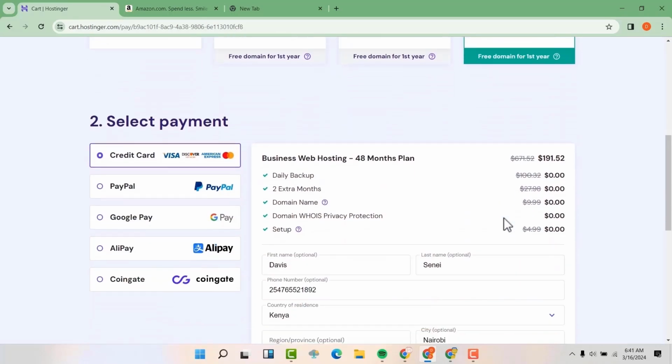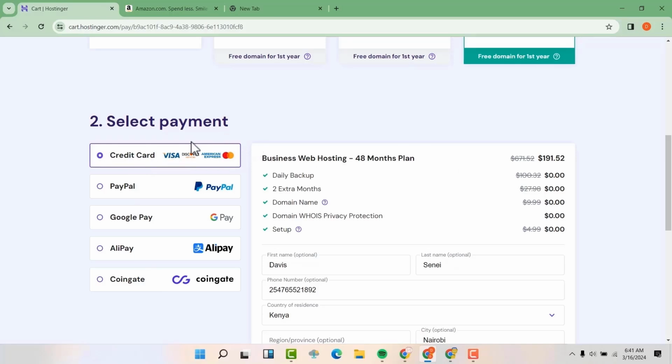Now scroll down, you'll be able to check out. So this hosting company supports so many different types of checkout. You can pay with PayPal, Google Pay, Alipay, and this other one, I'm not sure about it. Then you can also use your card here, so your credit card.